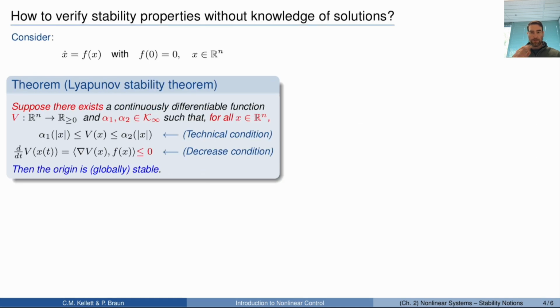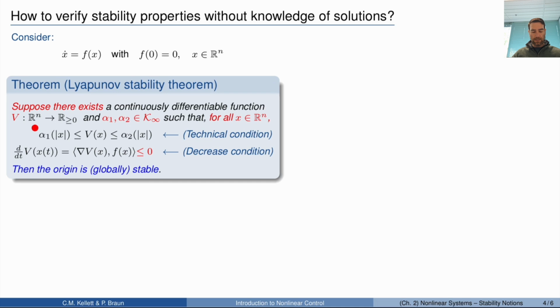An alternative way, which does not rely on the explicit knowledge of the solution, is through Lyapunov functions. So how can we characterize stability through a Lyapunov function? Well, it can be shown that, again, under the same assumptions as before, in terms of dynamical system and equilibrium at the origin, that if we can find a continuously differentiable function mapping